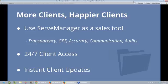ServeManager allows for a dispatcher, for lack of a better term, or a business owner to communicate with multiple process servers in the field, getting those updates from those process servers, whether a paper has been served, you need a new address, whatever might be going on with a particular job. And then the person in the office can communicate that information back to the clients and quickly either update them